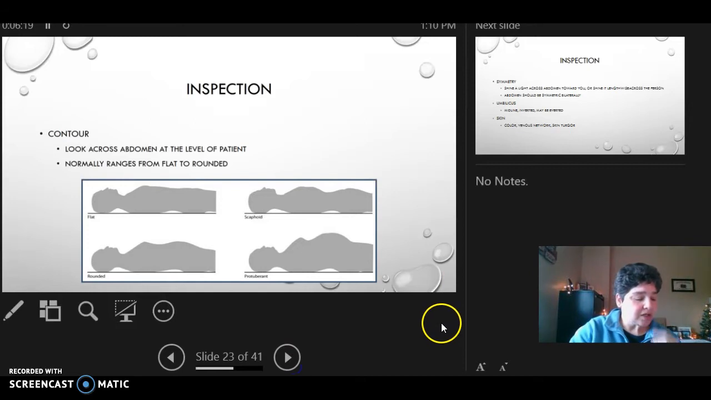Inspection. Looking across the abdomen, look at page 546. These pictures are in your book. It shows you the different types of abdomen. If you look at the scaphoid,